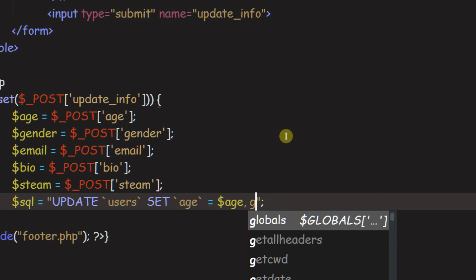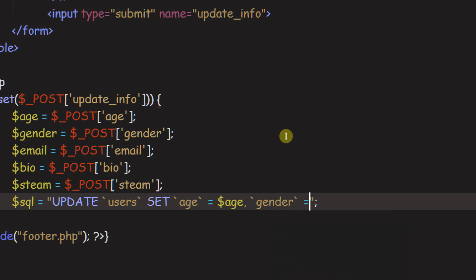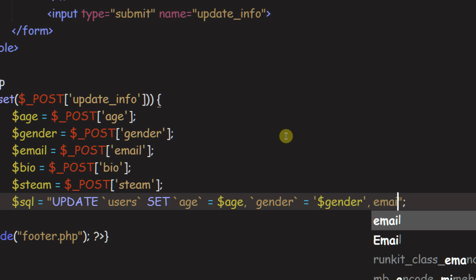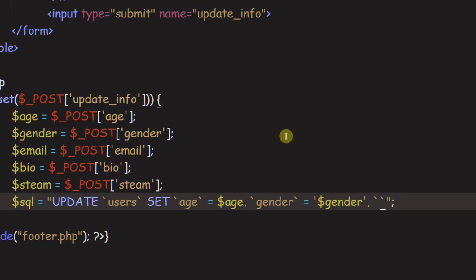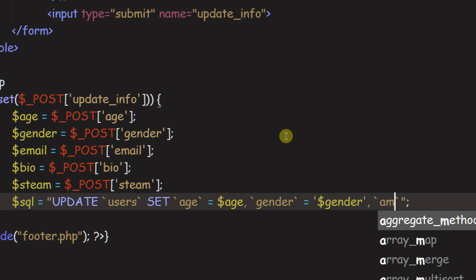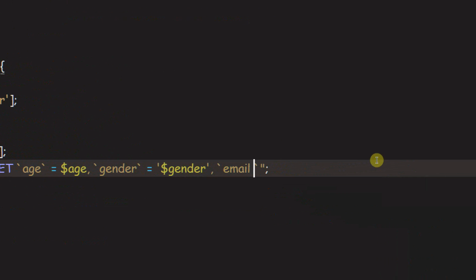gender equal to $gender, and then we've got to surround this in quotes also. Control quote, does that work? Control shift, no, okay, it doesn't. Boom, and then boom, and then a comma. So age, gender, and then email, backticks, oh my gosh, I cannot type, email, equal to $, forgot the quotes, $email, and then